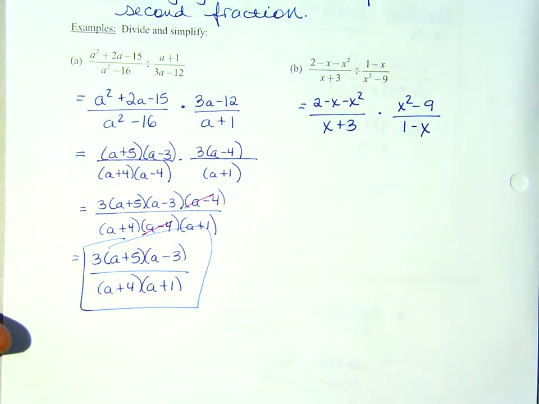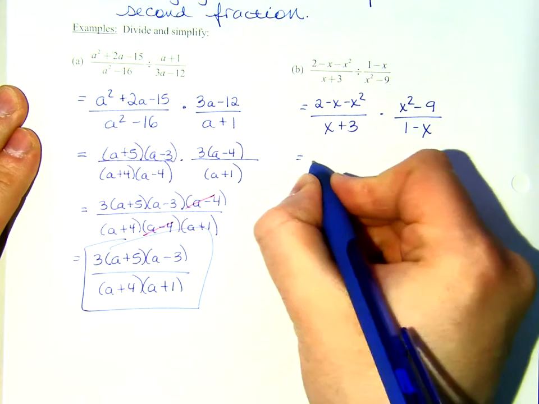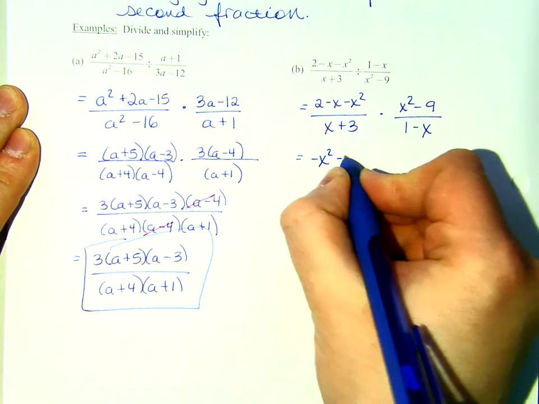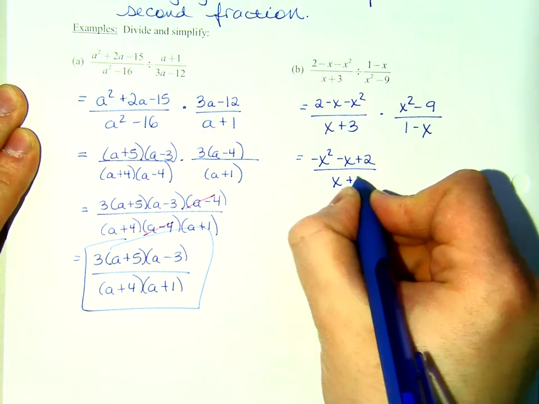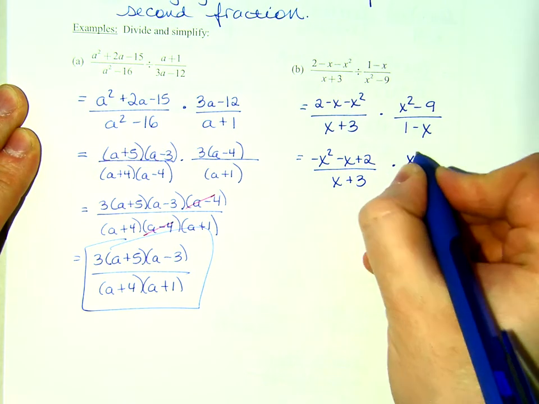I hope you have that. No? Well, so you're already a step ahead of us. What do I think is a little strange about this? Actually, I've got a couple things a little strange about this. We need these things to be in standard form so we can factor. So let me go and rewrite them. I'm going to rewrite this as negative x squared minus x plus 2 over x plus 3 times x squared minus 9